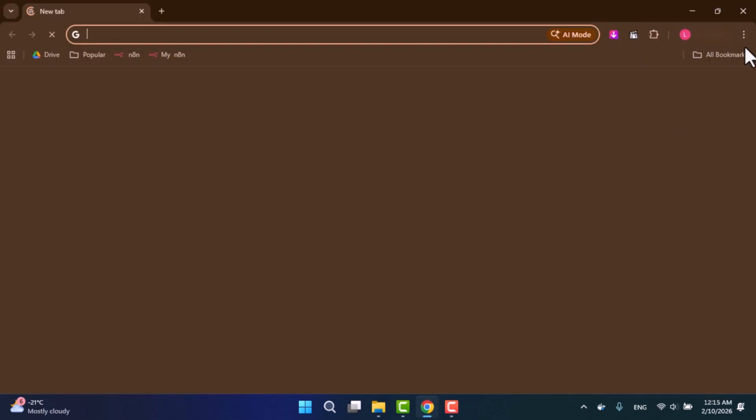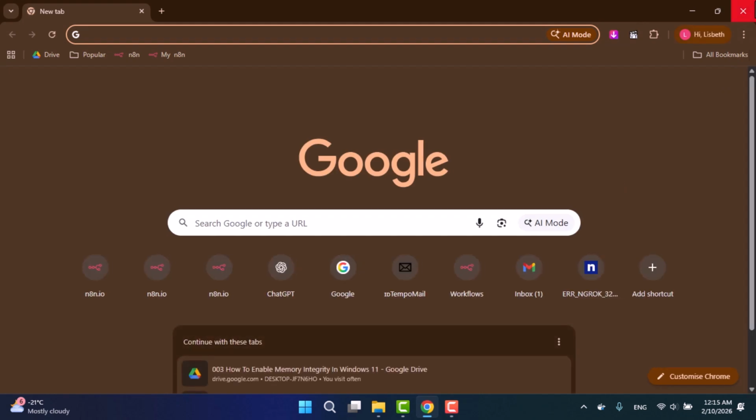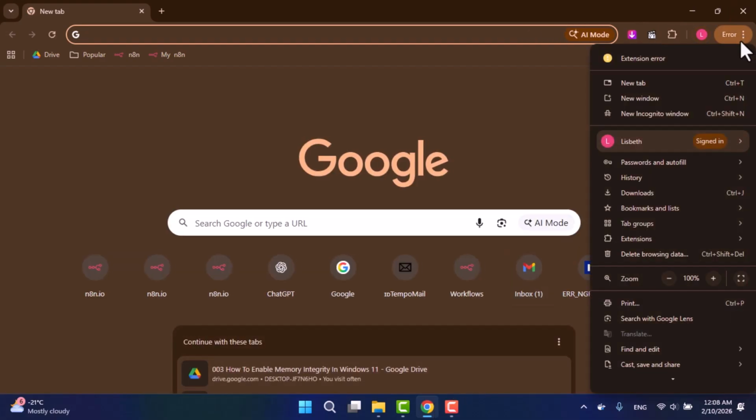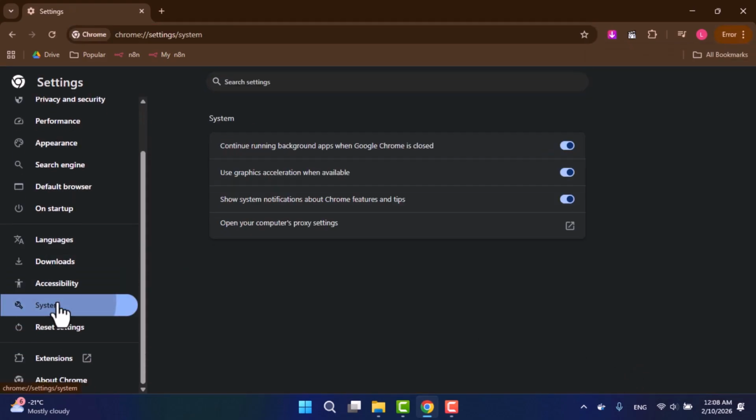You can also check and adjust the proxy server settings directly within Google Chrome. Open Google Chrome, click on the three vertical dots in the top right corner, and select Settings. On the left-hand side menu, click on System. Look for the option that says Open your computer's proxy settings